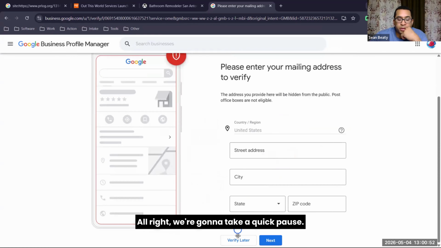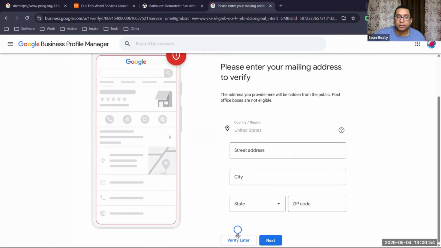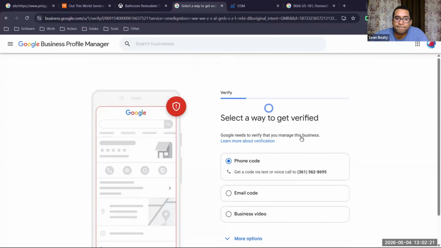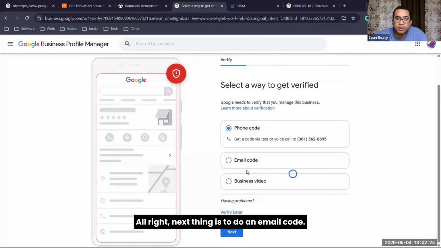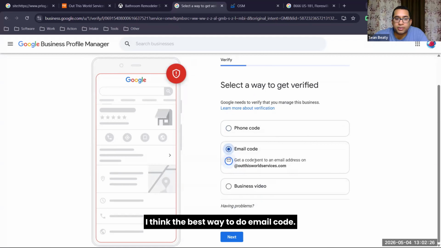All right, we're going to take a quick pause. That's his address. All right, we're going to resume. All right, next thing is to do an email code. I think the best way to do email code